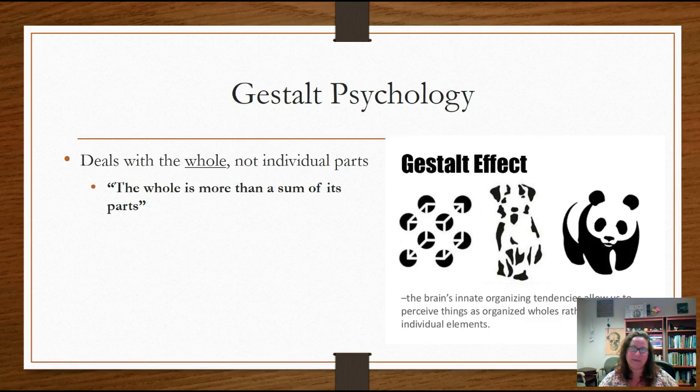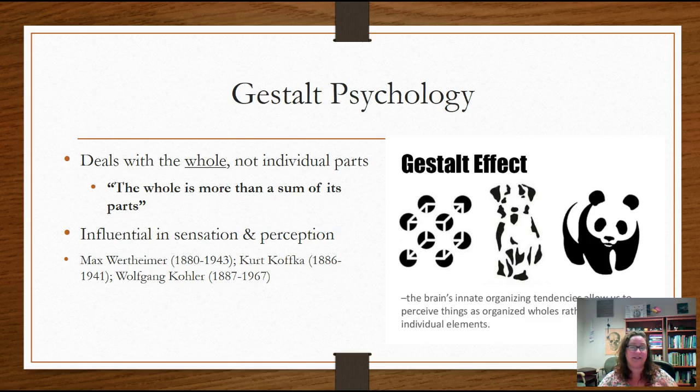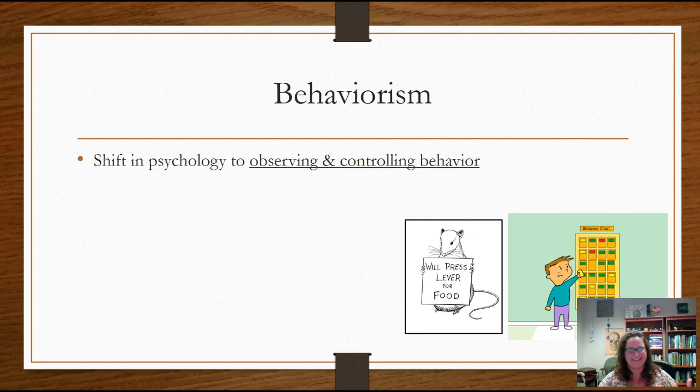Gestalt psychology is something that didn't really catch on as much in America, but what they're looking at is the whole. So they say, it's not the little individual parts that we perceive, it's the whole. And you can see some examples of this here, like with this panda bear. It's not actually a fully complete panda bear, but that's how we perceive it. So there's no lines in the back, there's no line finishing the head, but we don't perceive just random black dots, we perceive the entire picture. So this is something that is really influential then in sensation and perception research. So the whole is more than the sum of its parts.